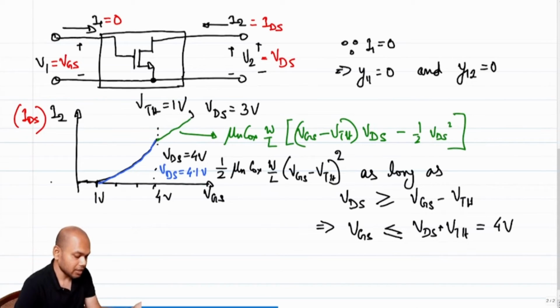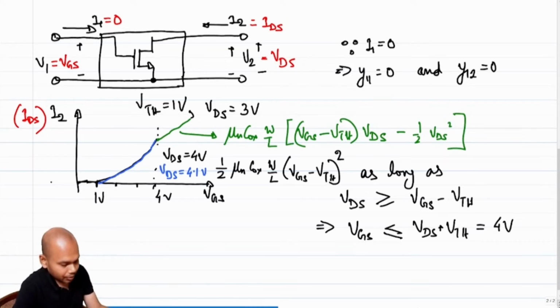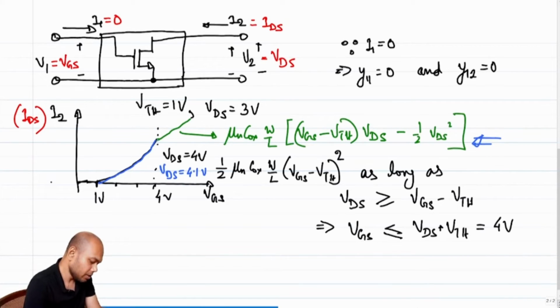In the linear region condition, the current is going to change. It will increase or decrease. It will increase simply because, initially, when you increase your VDS, if you stare at this equation, you will see that when you are in linear region, when VDS is less than VGS minus VTH, when you increase VDS, your current increases. So which means you'll have